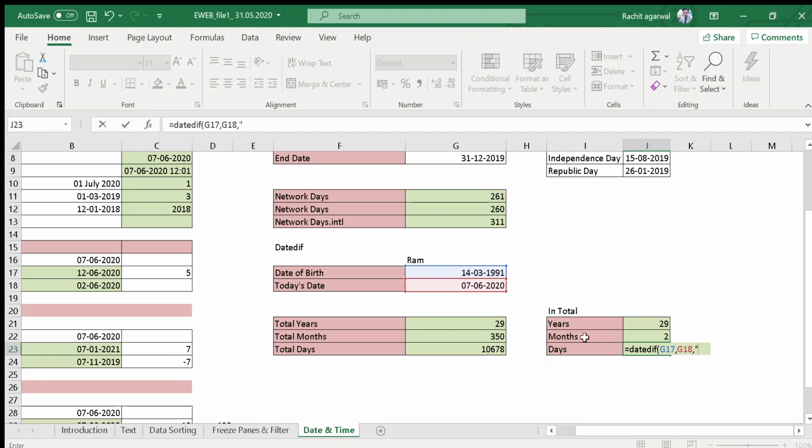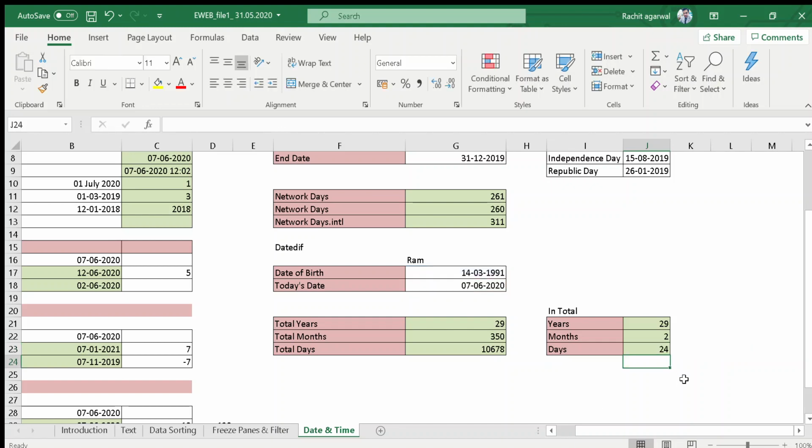Now what I have to do now, I will have to exclude the years and months as well. So years will automatically be excluded if you use the MD. So months will automatically be excluded from this calculation, bracket close and inverted comma close and then bracket close. All right, and then press the enter key, you will get the 24 days. Now Ram is 29 years 2 months and 24 days old